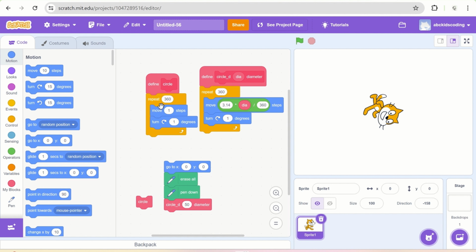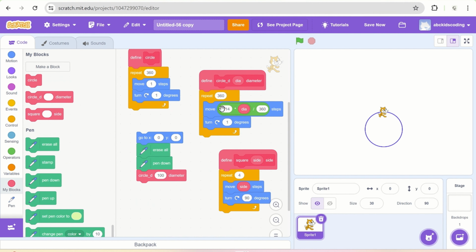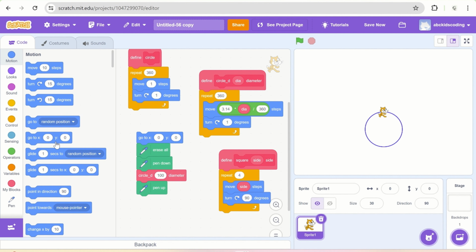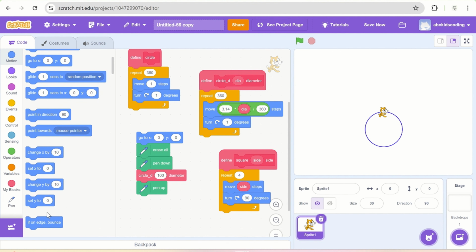There is a very interesting way to verify that, which is if I can fit this circle in a square of the same side, then it can be verified. So this is the custom block to draw the square. What I will do here is, first I will do the pen up, then I will take my turtle to the extreme left, which is change x by minus 50.